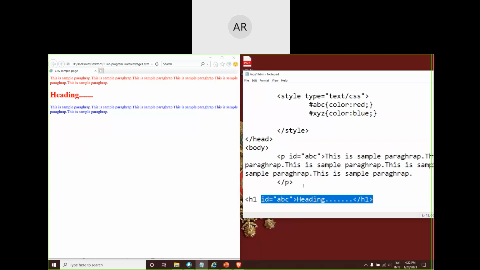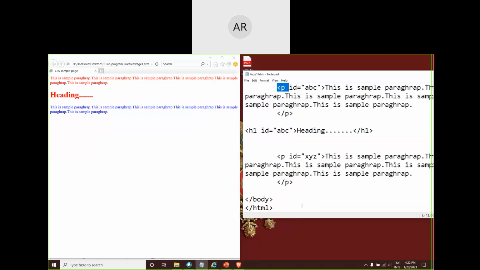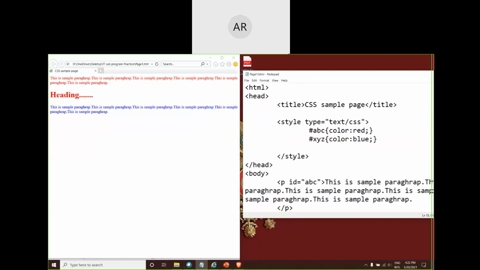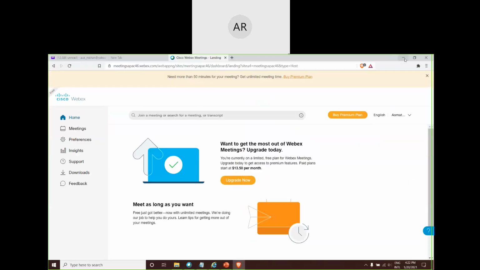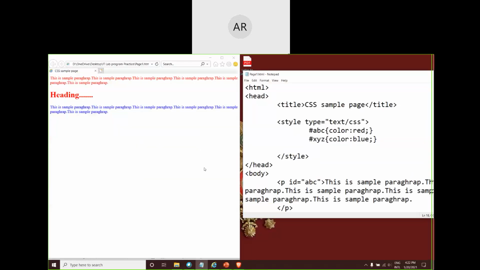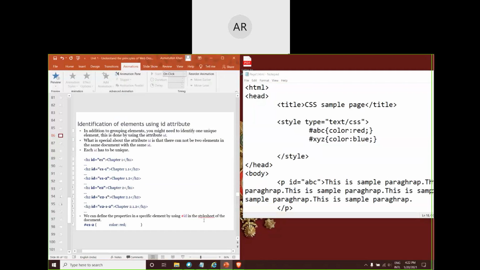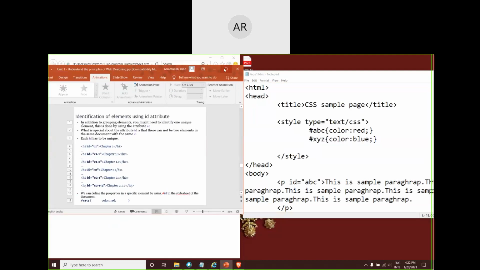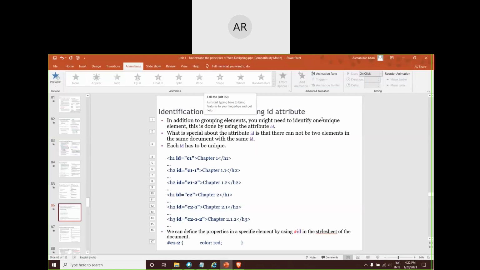tag. Once you have utilized ABC for P, one of the tags, you should not use it for any other tag. Even for this P also, you should not use it again. Though it works, it is one of the common mistakes done by a particular group of web developers. For that reason, CSS, to eliminate that confusion, has come up with a concept called class. Yes, again the word class is coming and it may cause another confusion for you, but don't worry, it's still easy. Don't get confused with that.